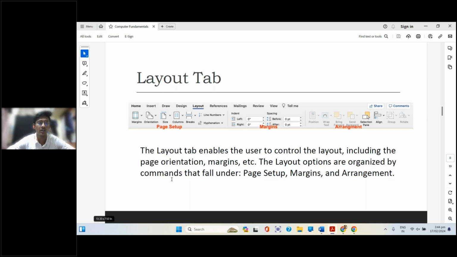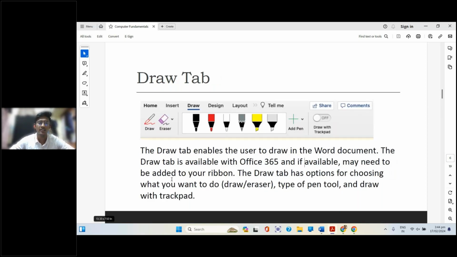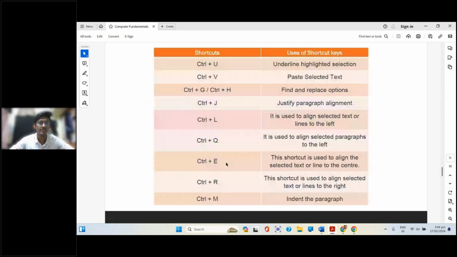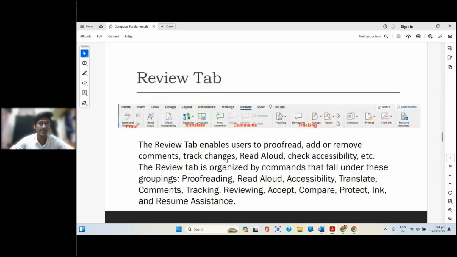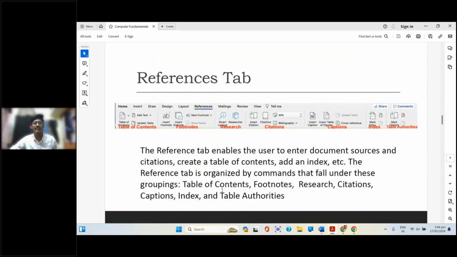And now moving forward to the next thing, that is the reference tab. Again, this is the same thing as in the layout tab, where we made the skeleton. This is just another part of it. Yes, clear to Mr. Dhanush as well. Excellent. So the reference tab enables the user to enter document sources and citations, create a table of